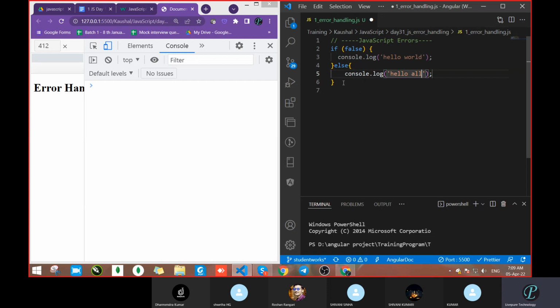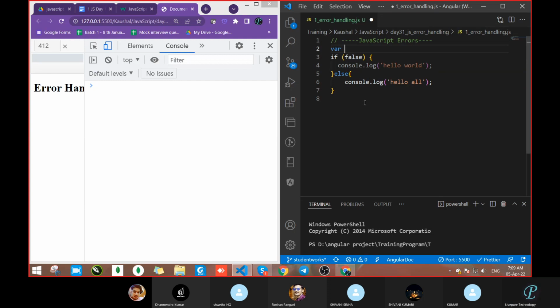That is not error handling, meaning we are not getting an error. Okay, one second, let me go there. X equal to 2. We will get some error.